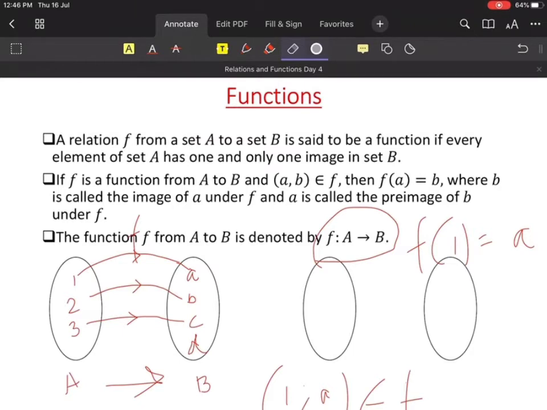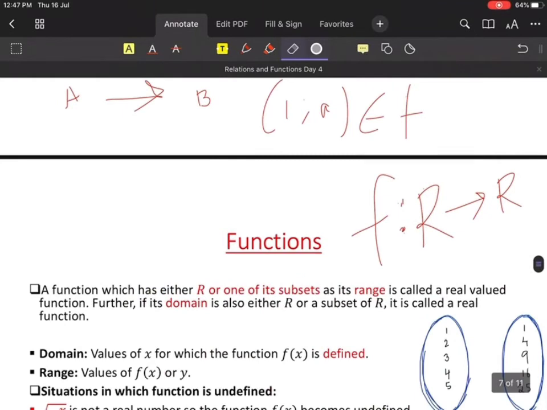So when I say A, A basically means the domain, right? Yes or no? For function A to B, A basically means the domain, right? But when I'm talking about B, B can be the codomain or it can be the range. Yes or no? If I remove this D, B can be the range. But if I have D, E, F, G, H, I, J, K like that, B will determine the codomain. Yes or no? Please tell me.